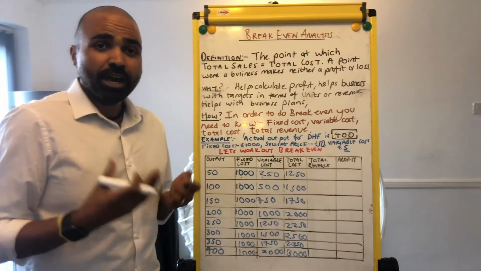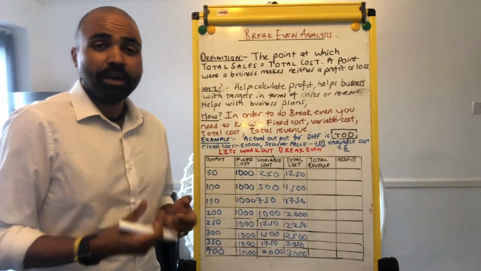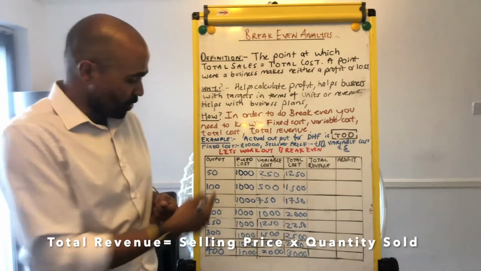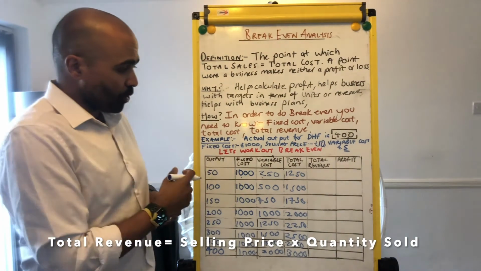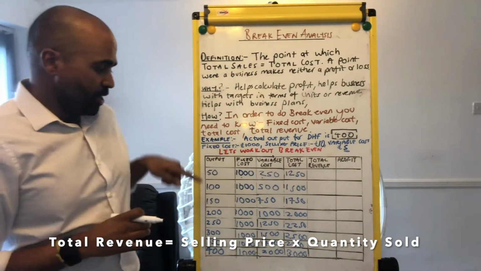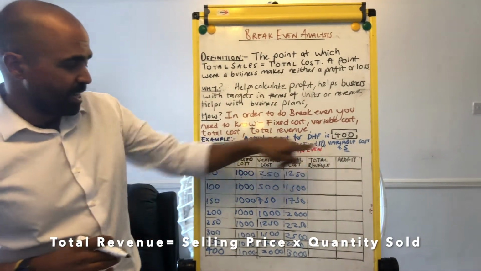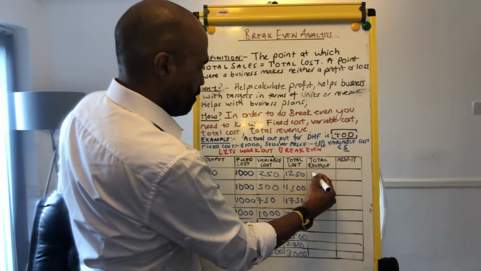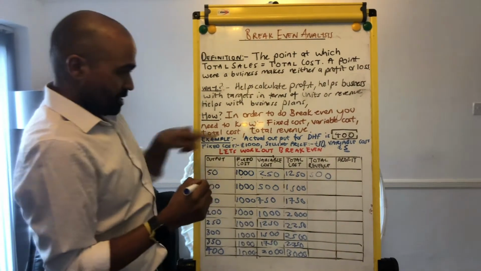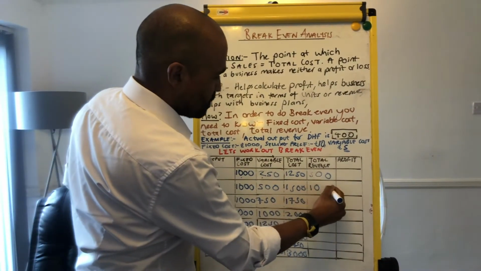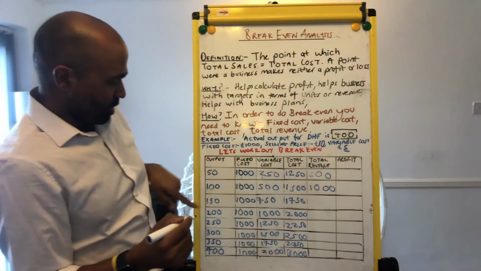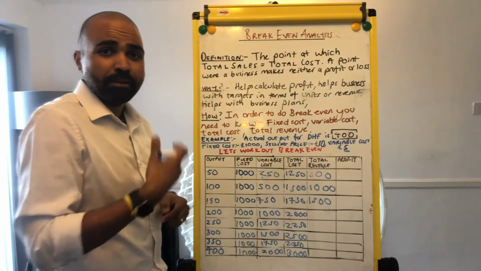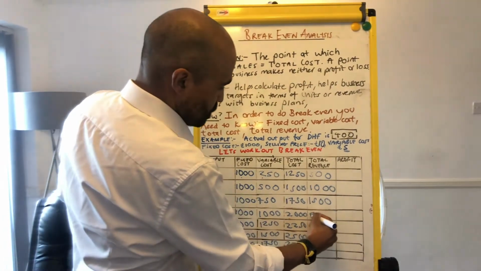Now total revenue, as I previously told you how to work it out, it's price, how much your selling price is, times by quantity sold, or times by output. So your selling price is 10, you're multiplying it by output, so 10 multiplied by 50, 10 times 50 will give you 500. 10 times 100 gives you 1,000. 10 times 150 will give you 1,500. So as you can see, it's going up in 500s. So next one will be 2,000,